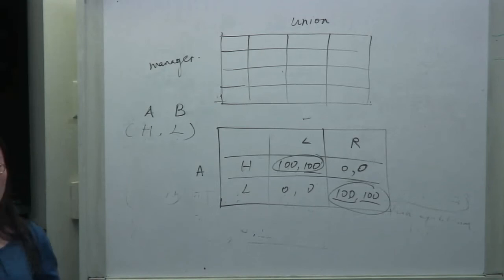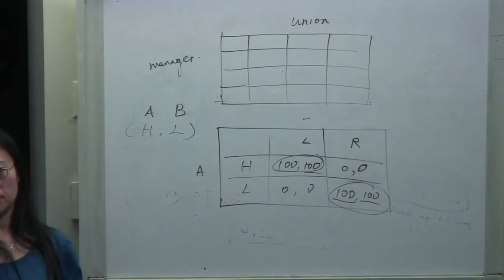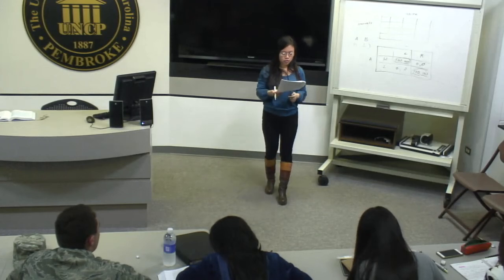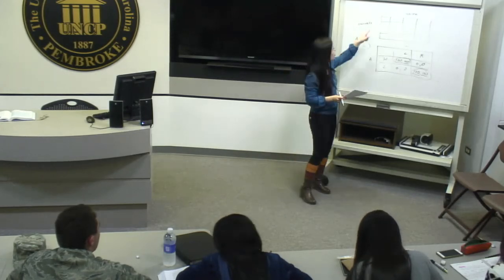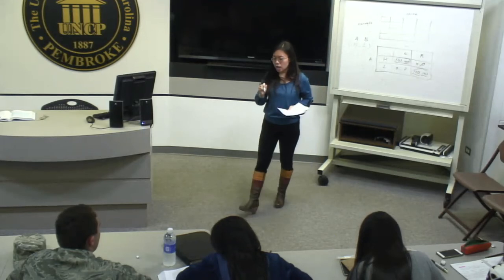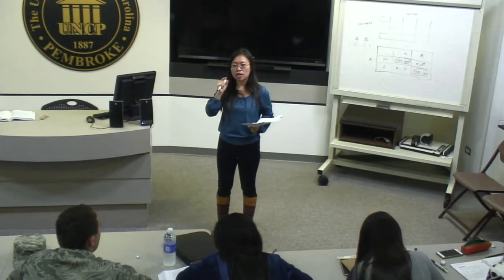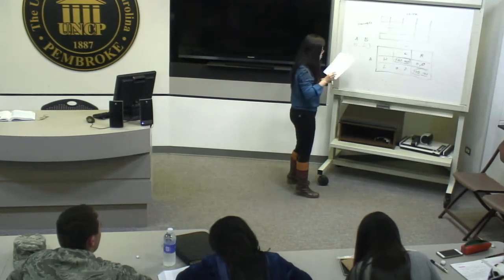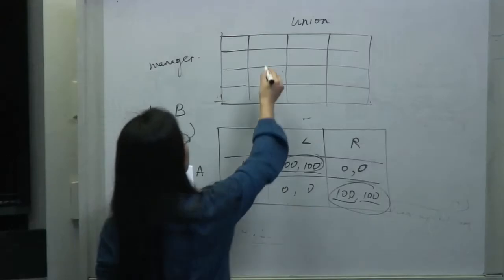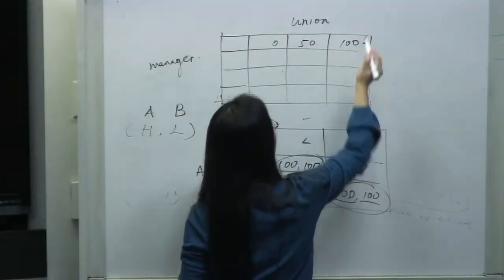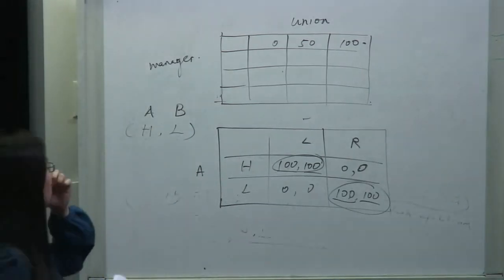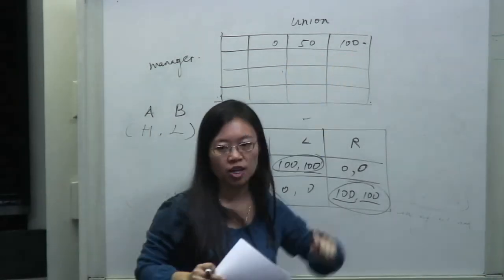Bargaining is this. They have this $100 to split between these two sides. Okay, they want to split this $100. Each party, either union or manager, is going to write down a number on a piece of paper, and this number represents how much they want to take home from this $100. The only 3 numbers they can choose from are these: 0, meaning they take home 0, and either 50 or 100.